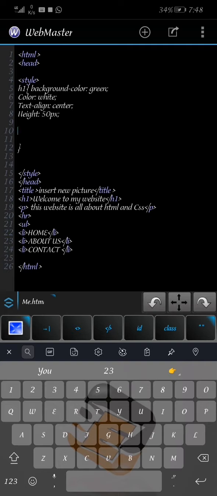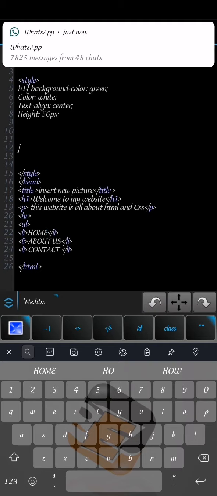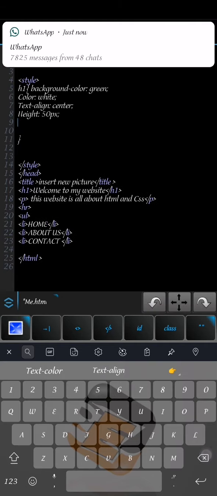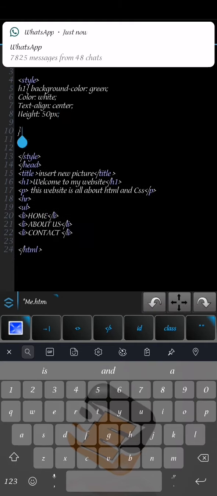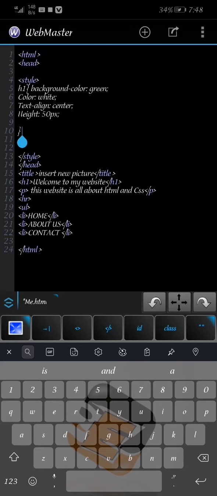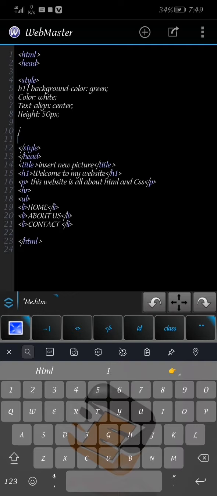Let's say you want to style every one of these listed items here. Don't forget li is for list, ul is for unordered list. Now you can actually style every one of these items here too, but today I wouldn't want to be in a rush. So I would want us to practice this little one we have done. But before that, I would like us to understand something,